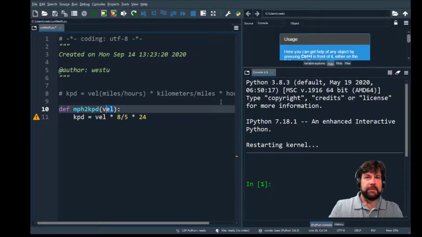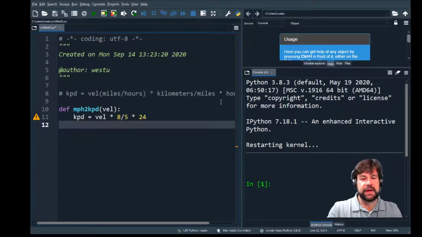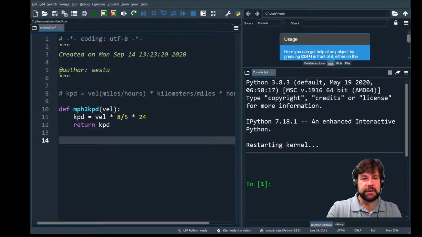This is our parameter. Whatever we call this with, that's going to be the value that gets plugged into velocity. This is our local variable. This exists only in our miles per hour to kilometers per day function. And then at the end, we're going to want to return something. So we're probably going to want to return kilometers per day. And we can call this. We can do print